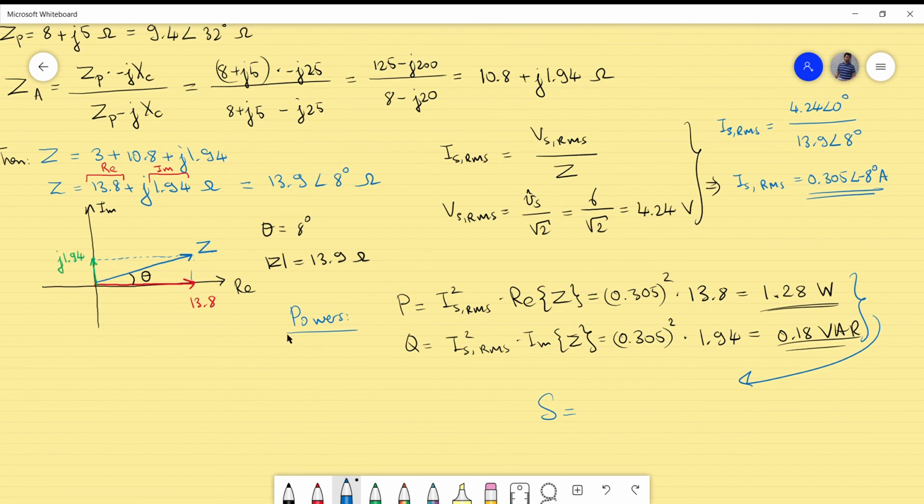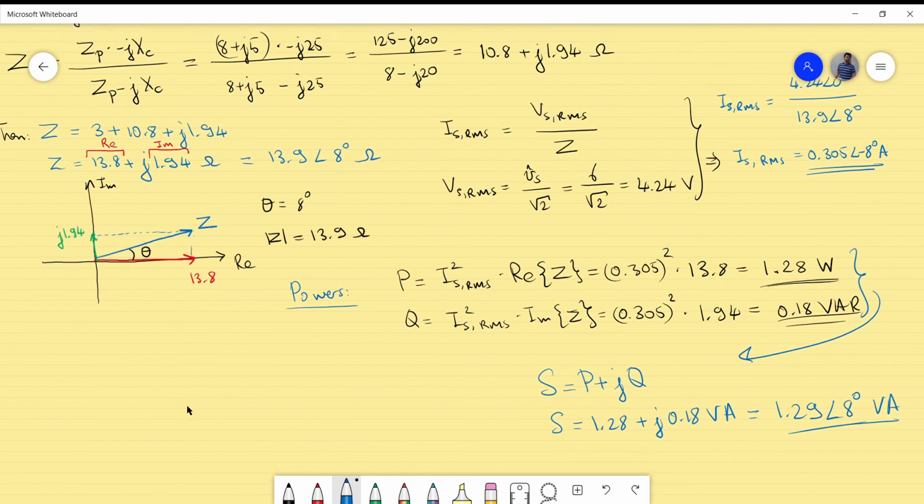I can express this as plus JQ, because it is inductive load. Now, if I now write down what I have for P and the Q, which will be 1.28 plus J 0.18 VA. And if I now convert this to the polar notation, which will be equal to 1.29 phase, again 8 degrees,